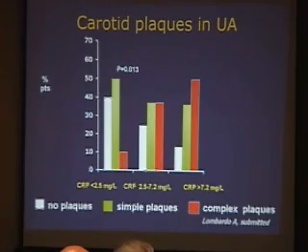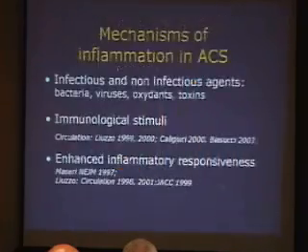It's not related to atheroma, because eventually, after 3 months, after 6 months, after 1 year, it dies down. Yet the atheroma remains there. But this is like a storm that happens in these patients and is associated with this systemic inflammatory, detectable thing. I don't know whether this is related causally to CRP or whether CRP is just a marker of something. It's most likely, in my opinion, a marker.